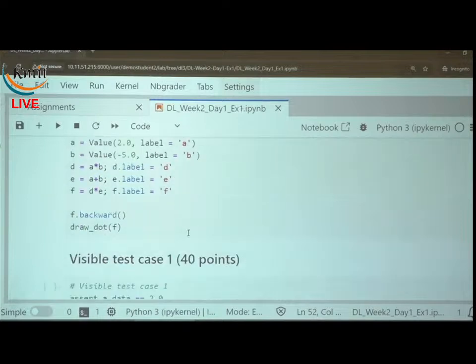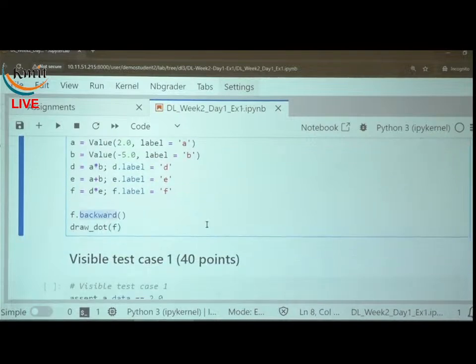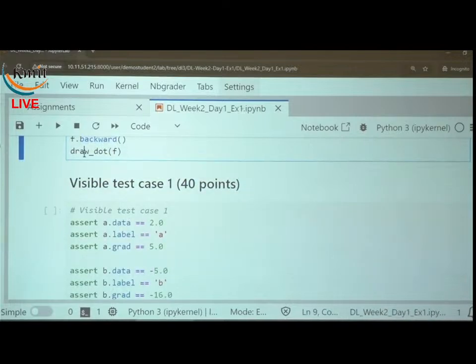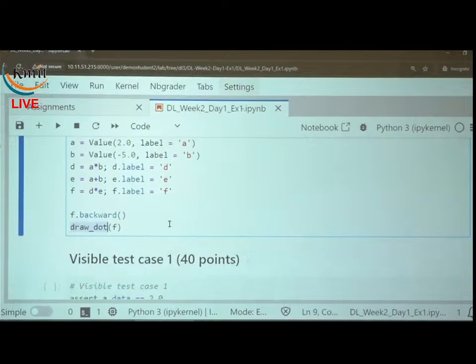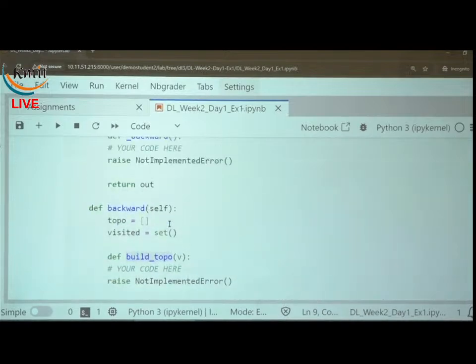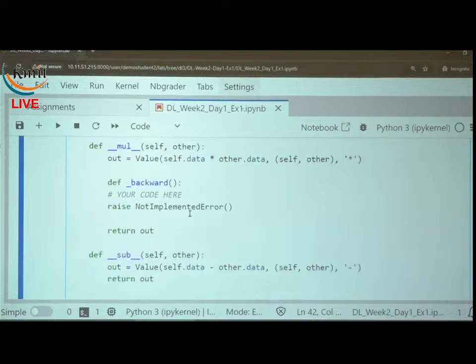All the initialization I am giving to you directly, so you don't have to worry about the variable names. I am calling the backward method here, and then I am building a graph. And these are the assertions here. If you have the correct implementation of build topo and the nested backward methods, if everything is right, then the